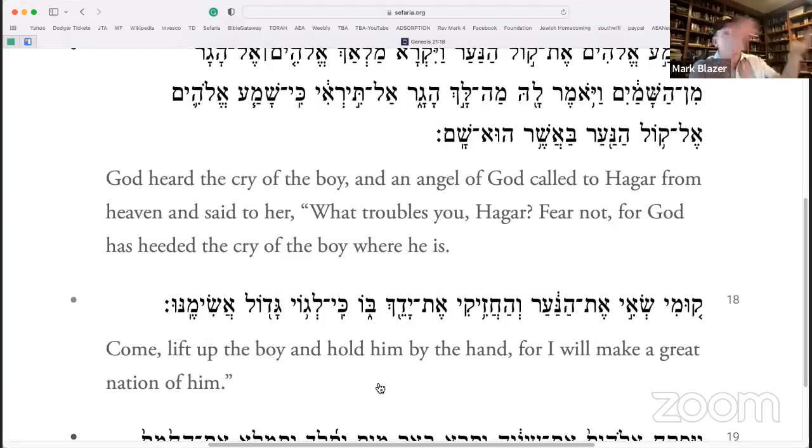Now you could say, well, it skips over the bigger issue, but the bigger issue is, don't worry, I'm going to get you water. Everything's going to be okay. But what she was troubled about was that. What is essentially happening here is God, through the angel, is telling them that things are going to be okay, for the way you think about things,